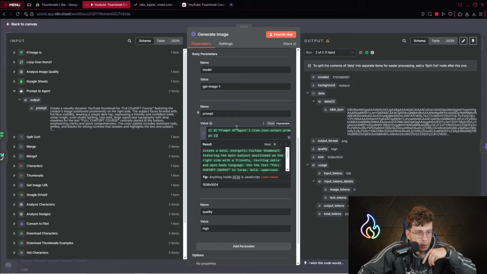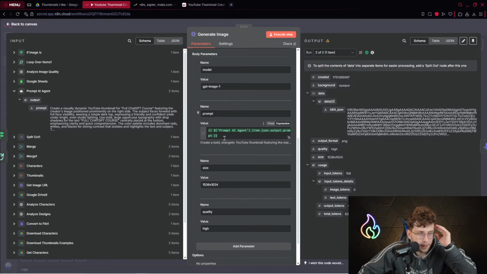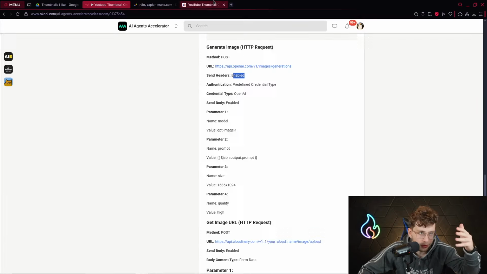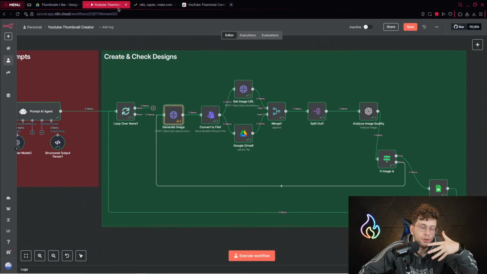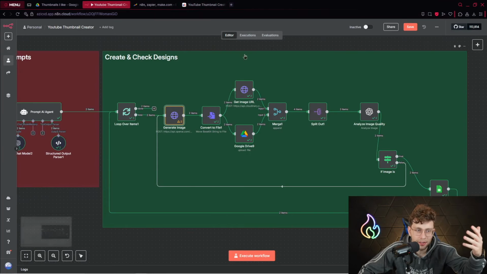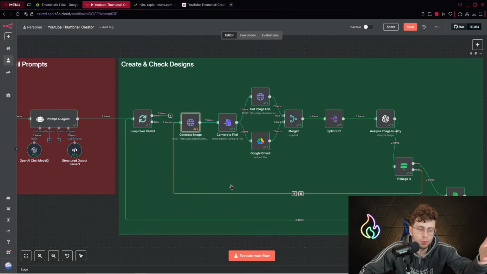But we've got here the prompt, the size. So we would like to pick it as horizontal 1. And the quality, which is high. So as a default, it's high. However, it's for testing purposes. Because obviously you can download this specific template in our community. However, if you had to recreate this entire automation, you would need to run this project a lot of